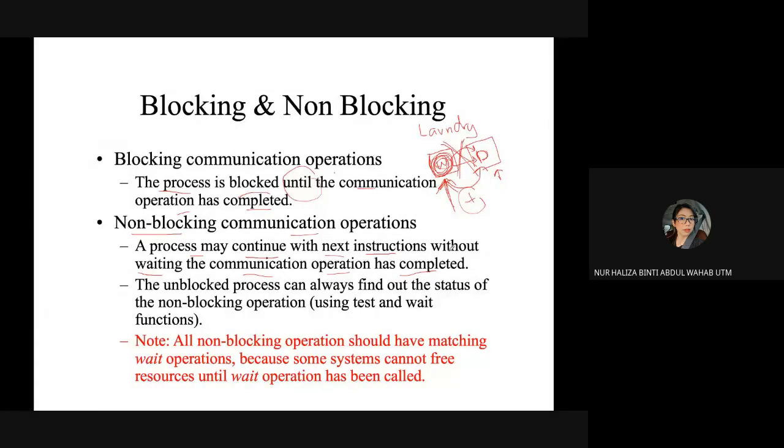So in terms of your process, you just continue with your dryer while you also do the washing. I don't know whether it is possible or not, but I just give you an example of a laundry situation. So normal laundry is blocking communication. You cannot continue to the dryer while you wash. This is the example of blocking communication.